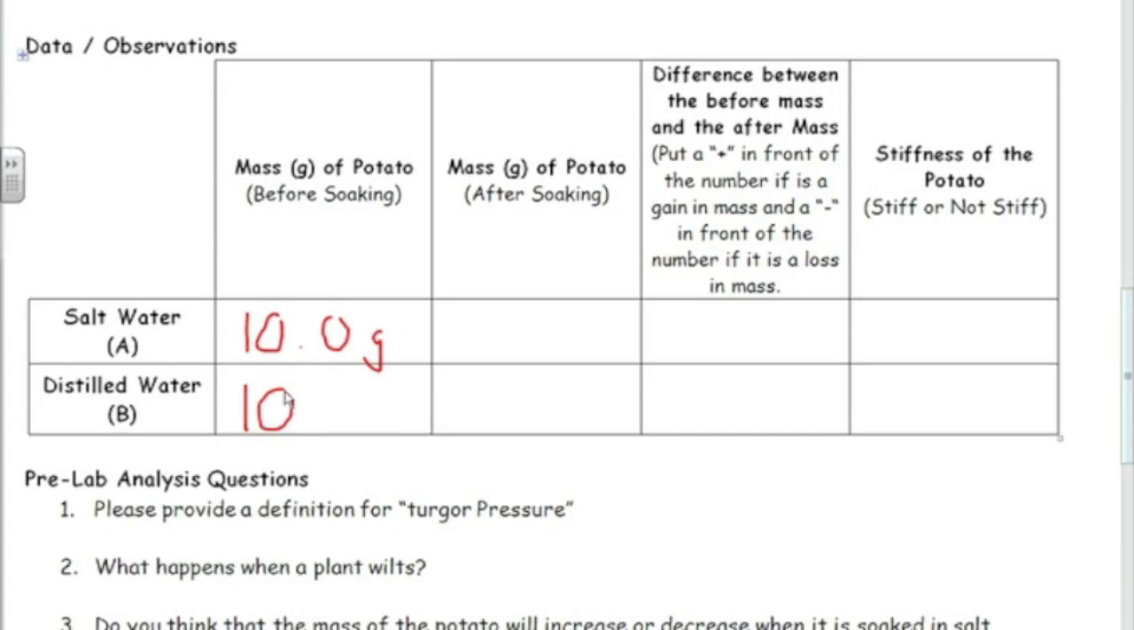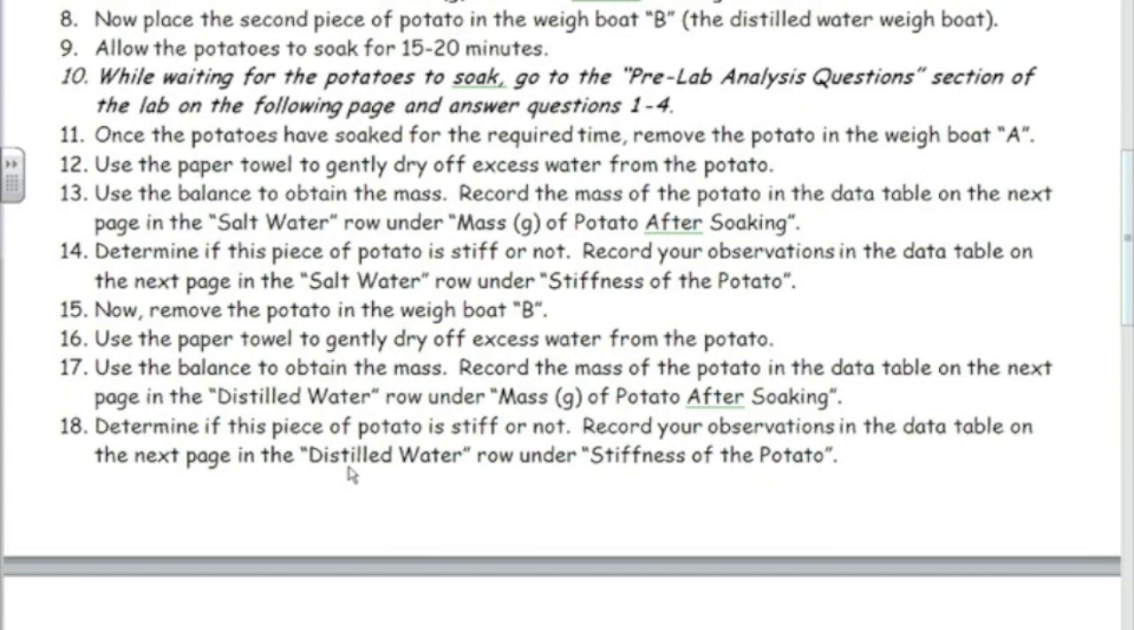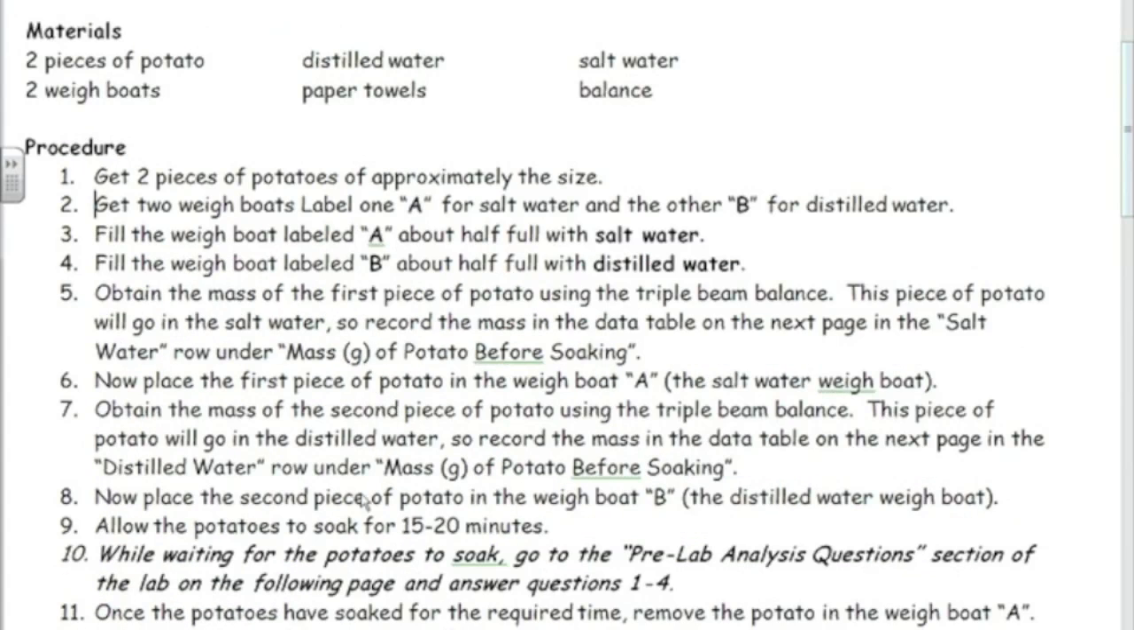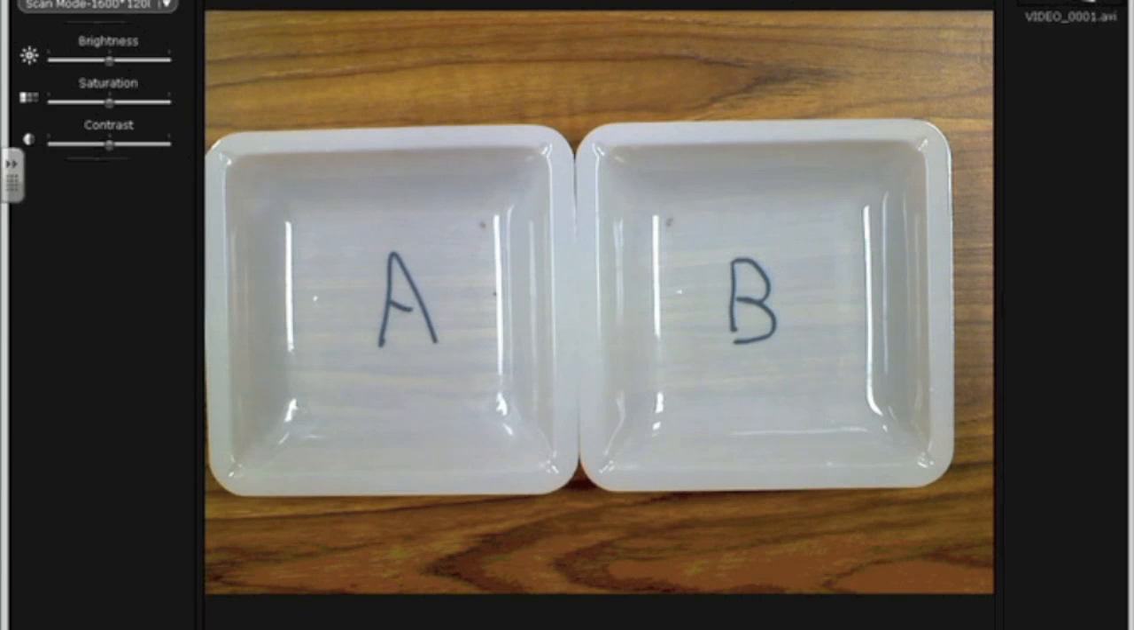And we're going to assume that I just did such a good job of cutting these that each one is exactly the same. So the mass of each one of these samples before soaking is 10 grams. Okay. So now we're going to go and we are going to